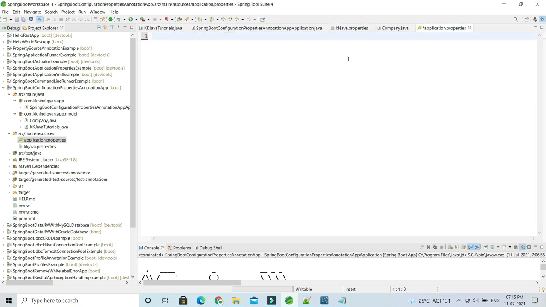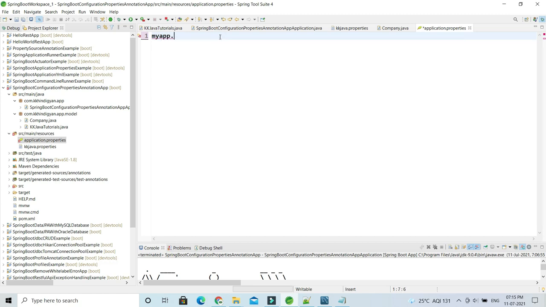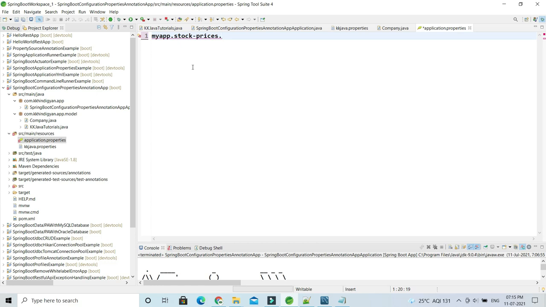And we have a map as well. So it's my app dot stock prices, and the stock price, let's say IBM, I'm going to assign, let's say $500.